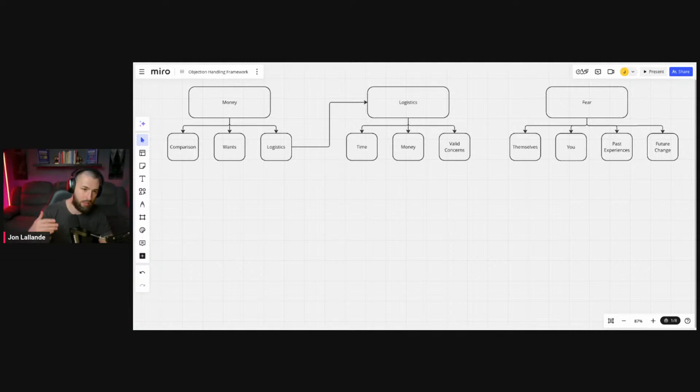right? I need to think about it. I need to pray about it. I need to meditate on it. I need to talk to my uncle, my wife, my sister, my cousin, right? I need to go talk to somebody. Once we get through those and we ask them, so we go through the framework, right?